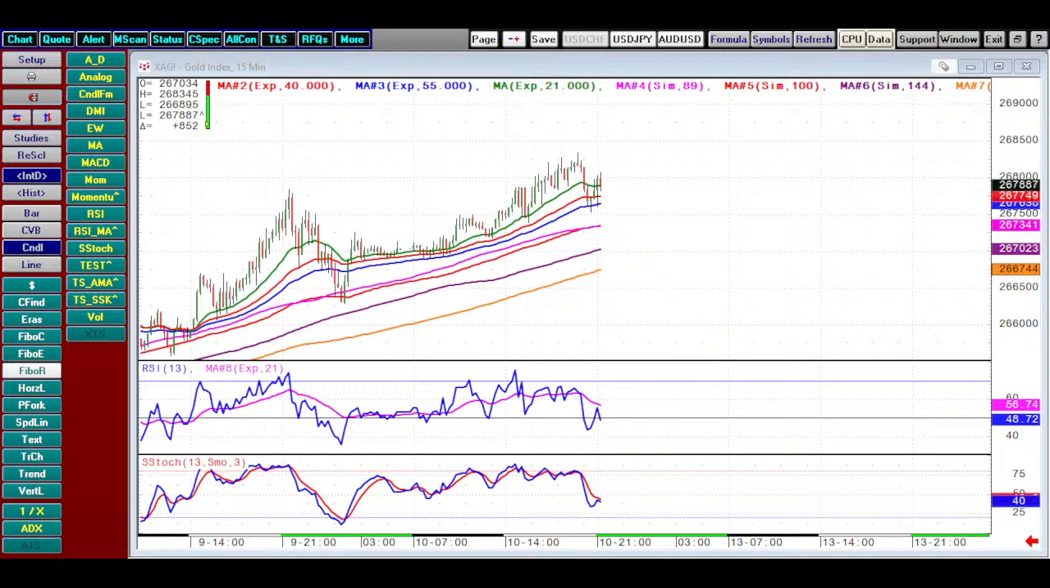Okay, finally we come to gold. Gold, if I'm going to do a projection from here, your minimum projection should be somewhere near 2708. That should be one of your projections. Then on the other hand, we can get an extension of this, which is also around